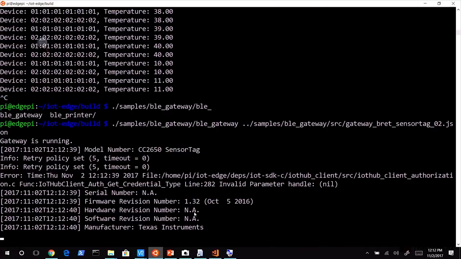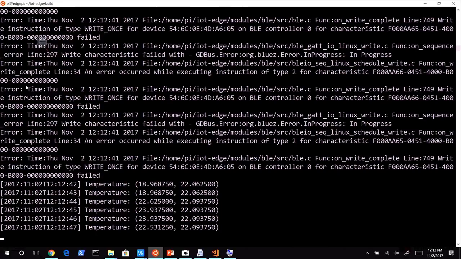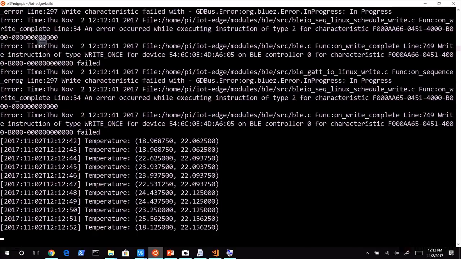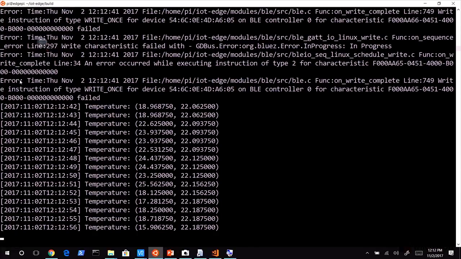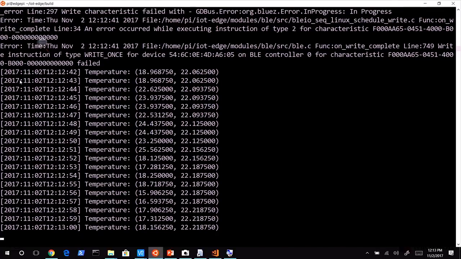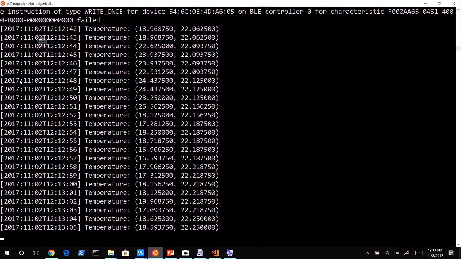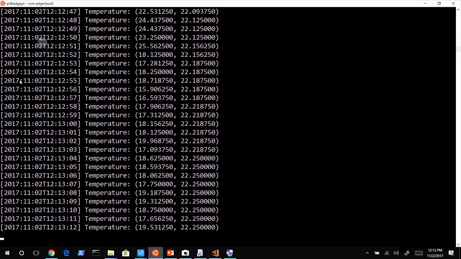Remember those read onces at the beginning? Those are those ones that just scrolled by there at the top. Sorry, they went off screen, but it was manufacturer number, serial number, that kind of stuff. So it actually read those from the BLE. Now these messages that you're getting through here we'll come back to it, but I have a function running in Azure that's periodically sending messages down to the sensor tag, telling it to turn off its buzzer and LEDs. And I'll show you those functions there in a minute. But I think every 10 seconds or so, I think that's how often it sends it, you'll see a bunch of messages fly by. And the reason those are happening,